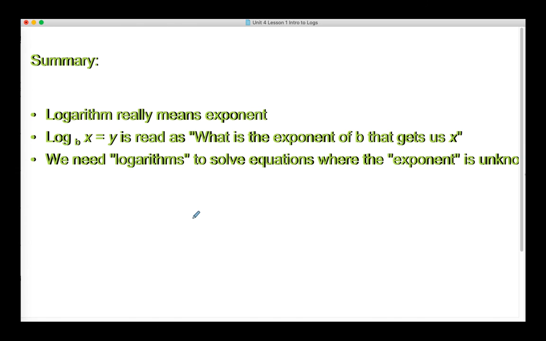So in summary, what did I want you to learn in this lesson? That logarithm really is a fancy word for exponent. That when we see log of base b of x is y, we want to train our brains to read it as, what is the exponent of b that gets us x? See, we're trying to find the exponent. And we need logarithms to solve equations where the exponent is